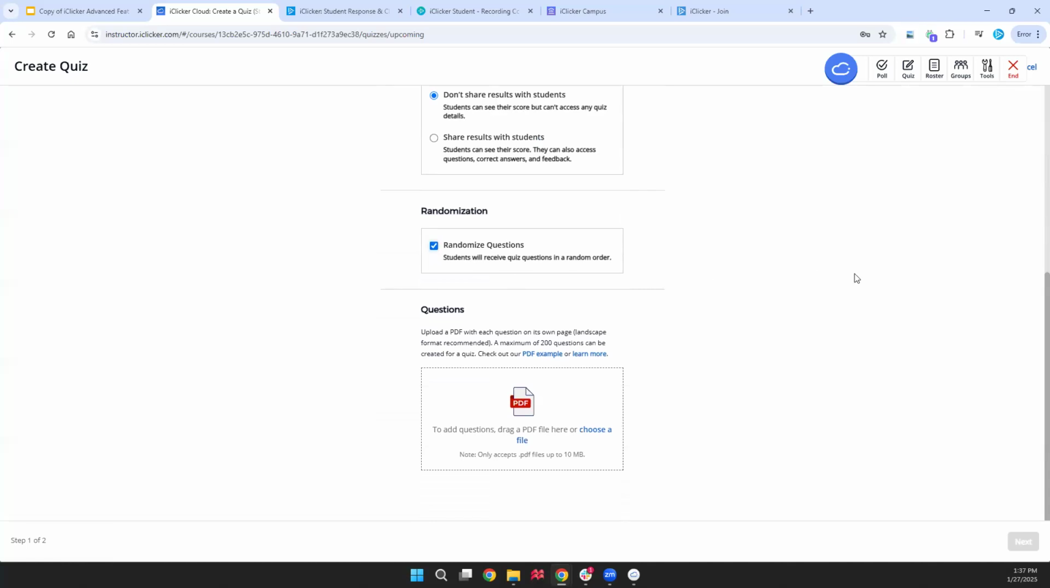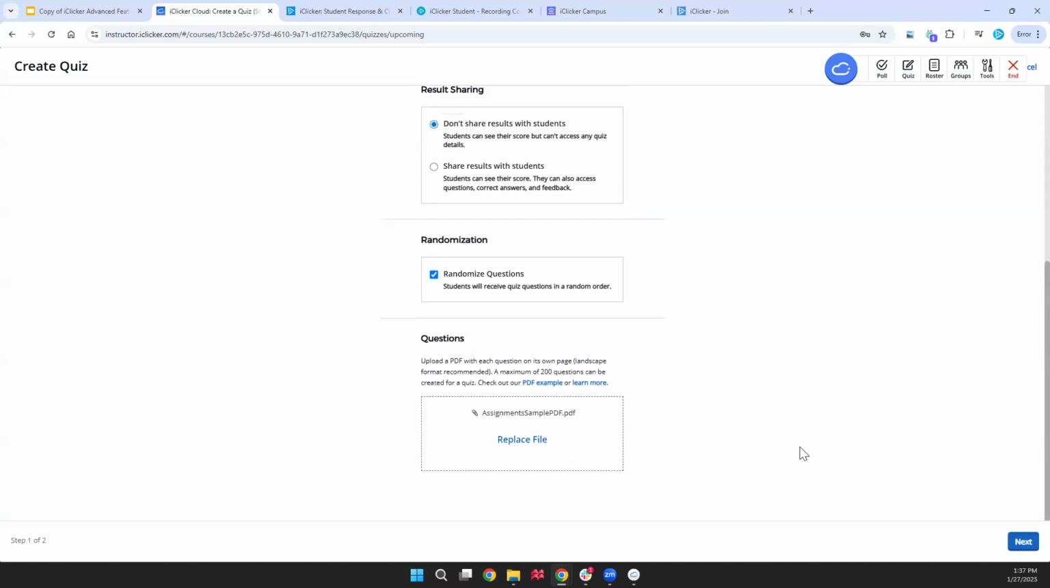To create these quizzes, you'll need to have some kind of presentation software where each slide is its own question. So slide 1 is question 1, slide 2 is question 2, and so on. You need to download that into a PDF format, and you can either click and drag or choose your file from your settings. Once you have that, you can click Next,